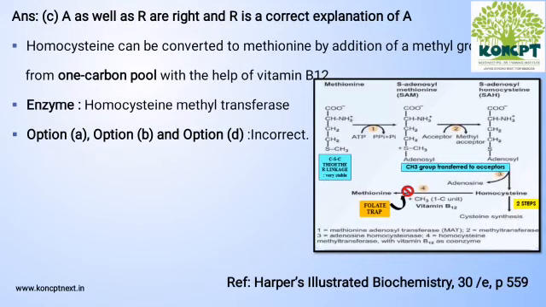So this picture is about methionine metabolism. Here you can see how methionine is converted to S-adenosyl methionine, and finally forms S-adenosyl homocysteine, which gets converted to homocysteine. This homocysteine formed has two fates: it can get converted to cysteine, or else it can get converted to methionine. This is the step mentioned in the assertion and reasoning question. Here you can see homocysteine being converted to methionine with the help of the enzyme homocysteine methyltransferase.